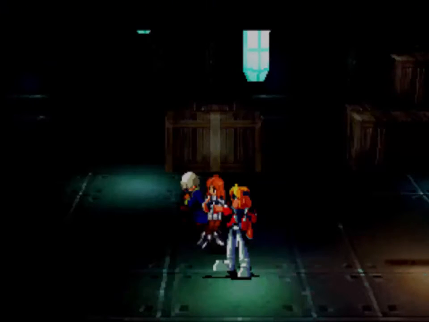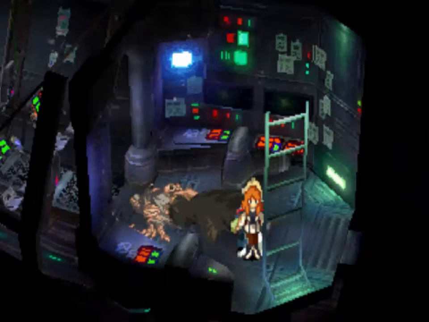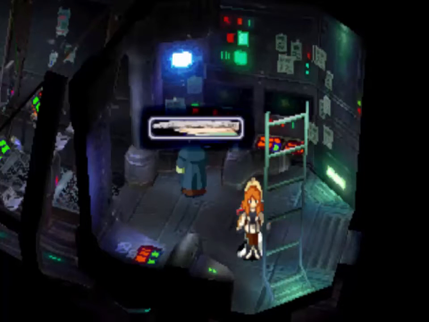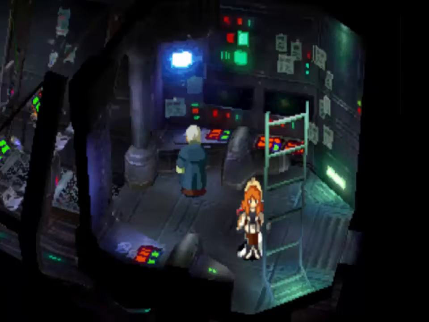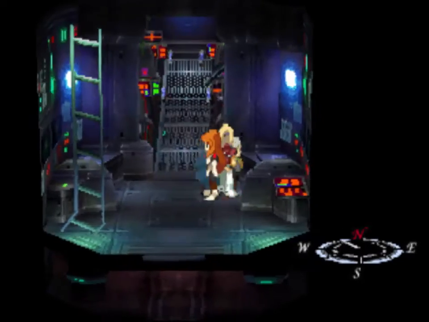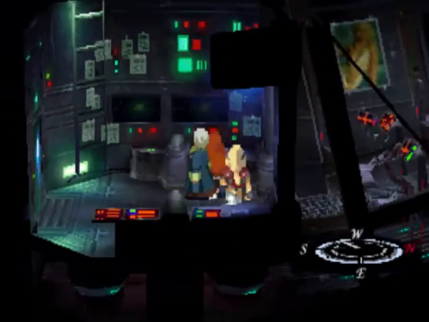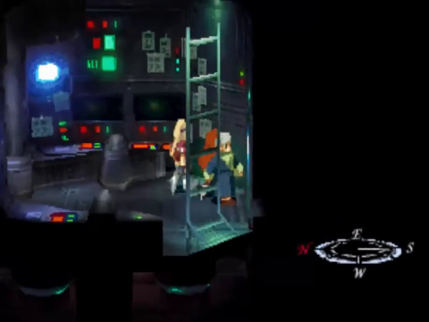No levels, just some money. He's counting on us. Oh? Your buddy. Alright, now I'm going to heal up. And I'm also going to put the Ether Doubler on Ellie. So, once we've done that, can we do anything around here? I can't remember if I'm supposed to talk to one of these panels or...